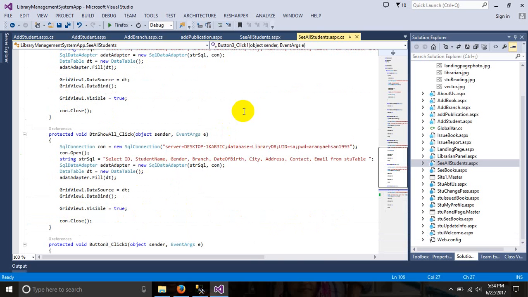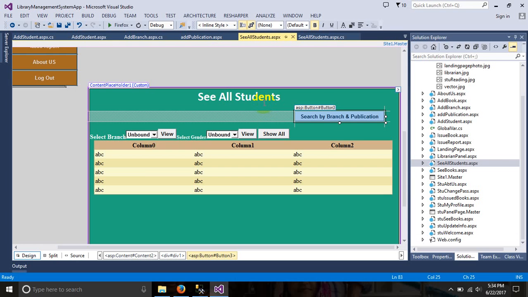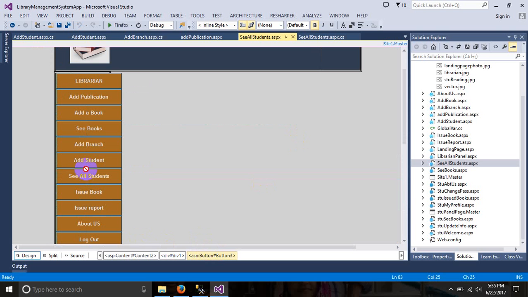So those were the code of the panel, see all students. So you can issue a book. Let's go to the issue panel. So if you go to issue book,